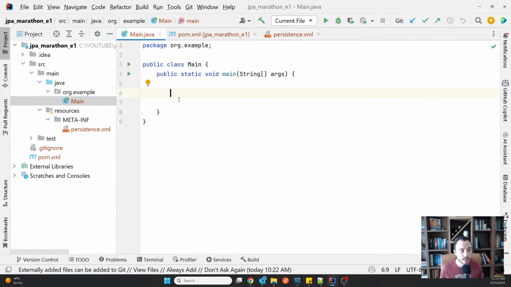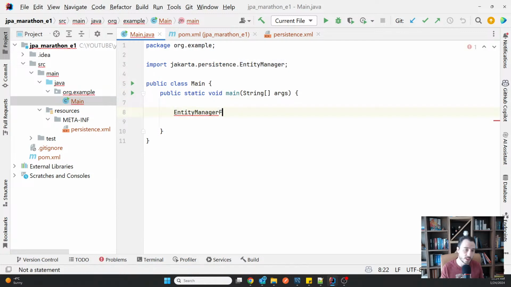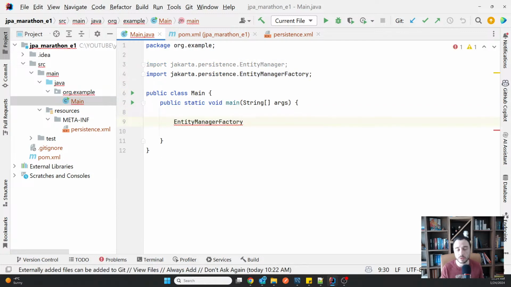The entity manager factory is basically what we want to create first. This entity manager factory is an object that will allow us to create entity managers. Entity managers are the instances managing the operations on the context. So I will explain later.